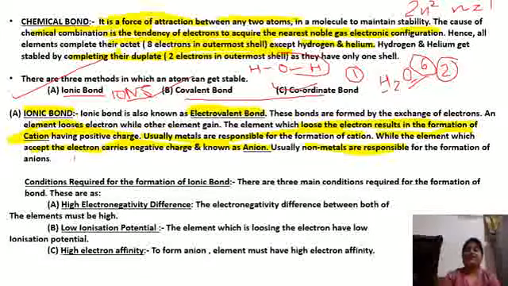Now there are basically three conditions which are required for the formation of this ionic bond or electrolyte. These are high electronegativity difference, low ionization potential, and high electron affinity. ठीक है, three conditions हैं: high electronegativity difference, low ionization potential, and the third one is high electron affinity. So what are these now? Let's see. The very first is high electronegativity